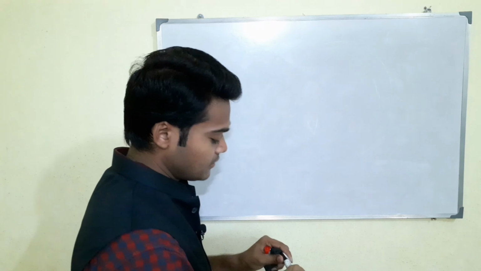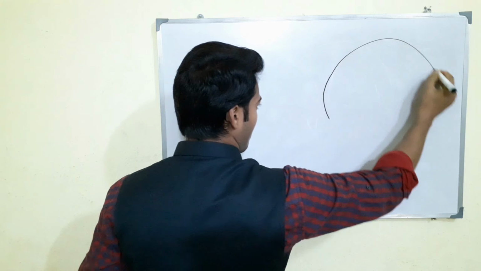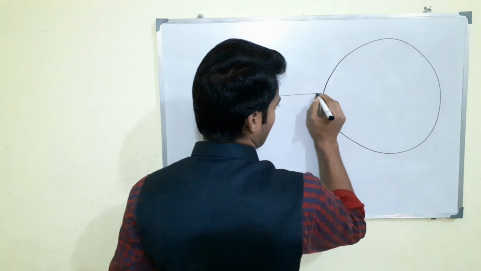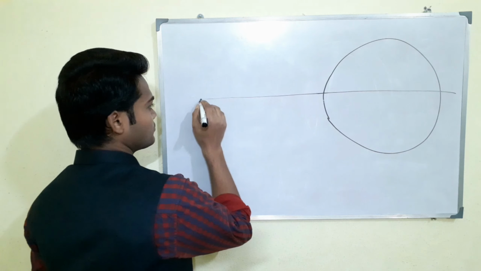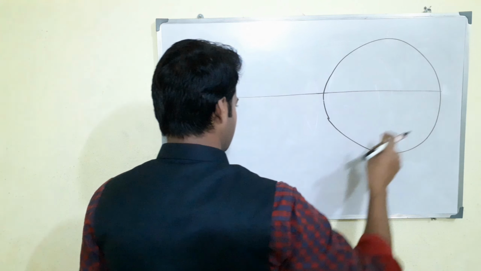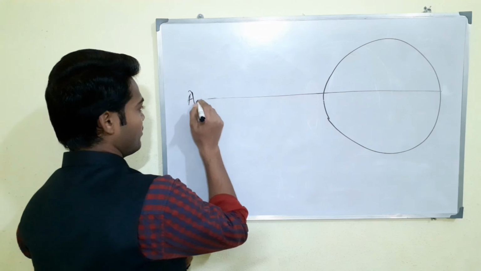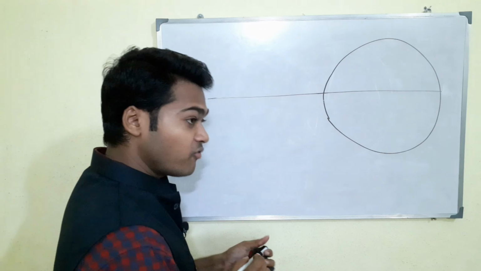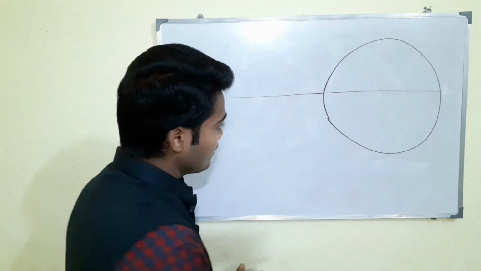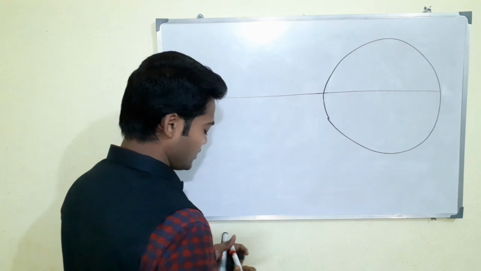Just look, suppose this is the eye, right? And when we draw a line from here to here, this is the optical axis. Now what is the importance of the optical axis? Basically the optical axis gives us an assumption. Suppose we call it A. This optical axis basically falls slightly nasally from the foveal point, so we use it as the center of reference for the calculation of all these things.